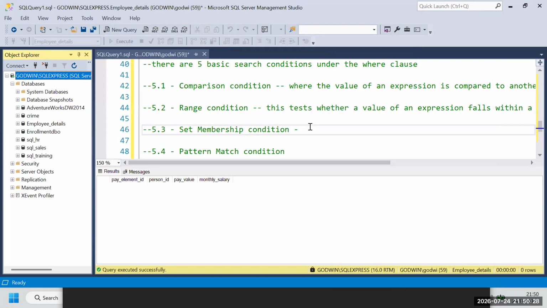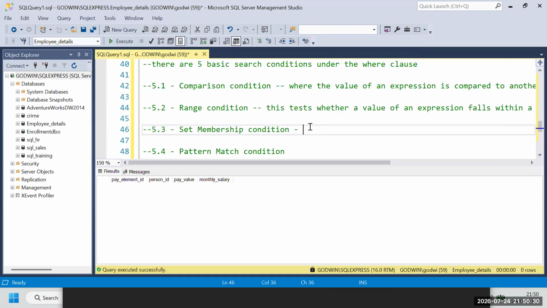Right. So for set membership, we are saying that this test tests whether the value of an expression is equal to one or more of the set values, or falls within one or more of the set of the values within the set. Whether the value